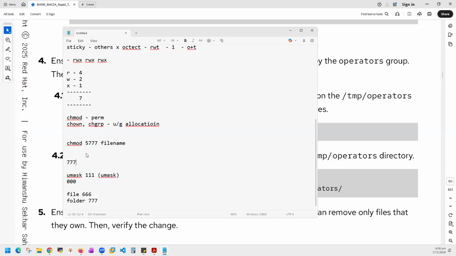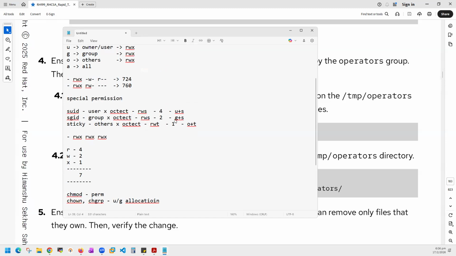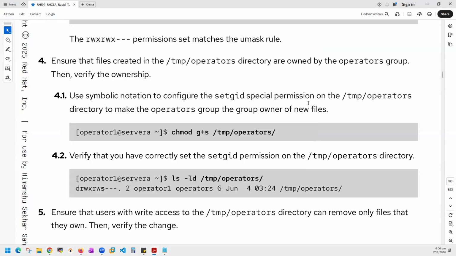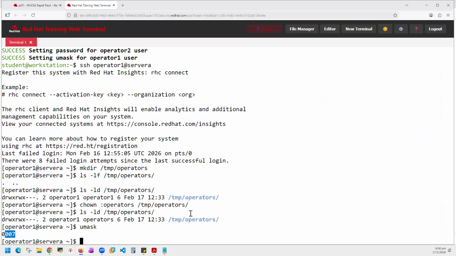I forgot. SGID is 2. So 2770. Either you can give that or you can give chmod g+s on operators. Once you run this command,